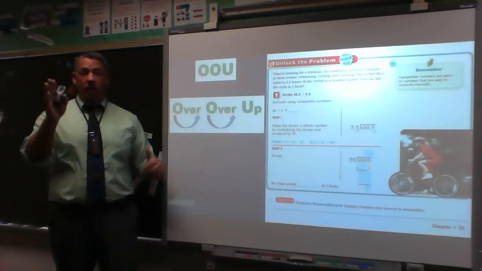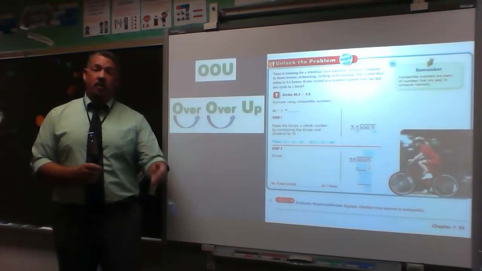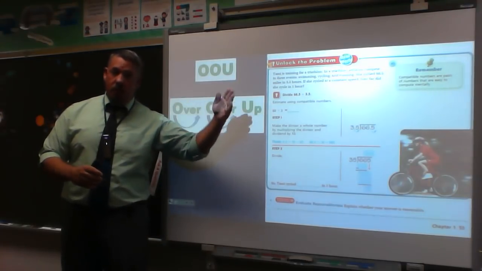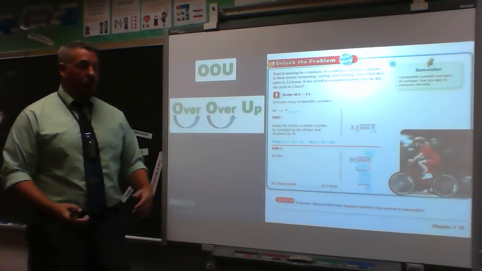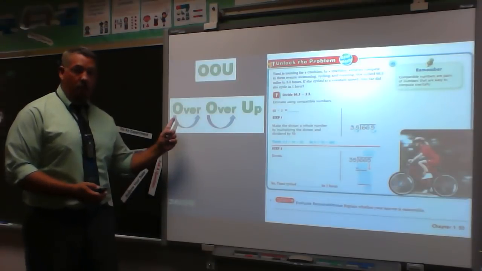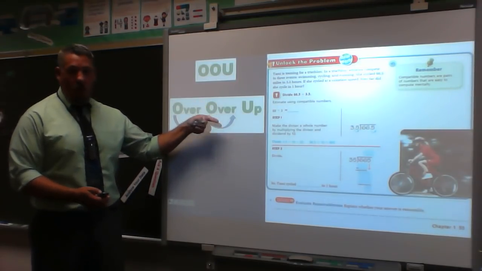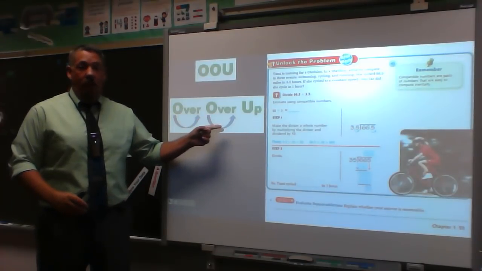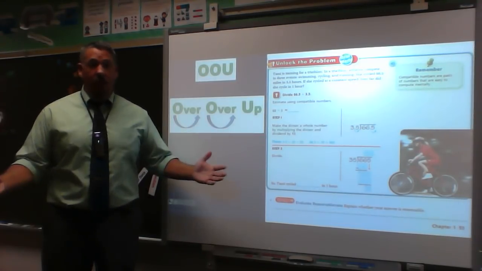If I move it twice on the outside, then I move it twice on the inside. 3 times and 3 times, so on and so forth. However many times I move it on the outside to make my whole number, I do the same on the inside no matter what. If that leaves a decimal on the inside of the box in my dividend, that's fine,